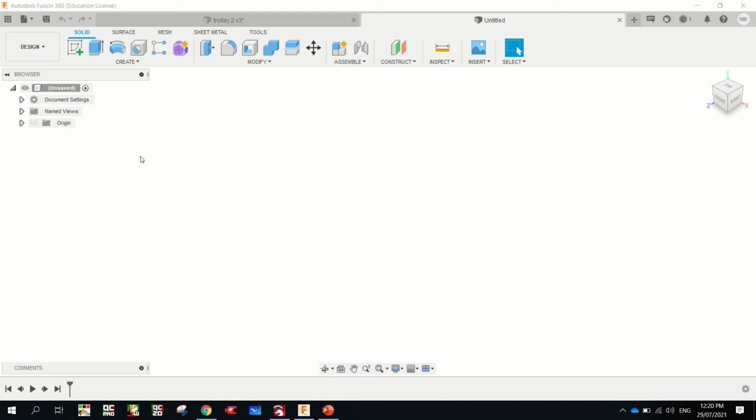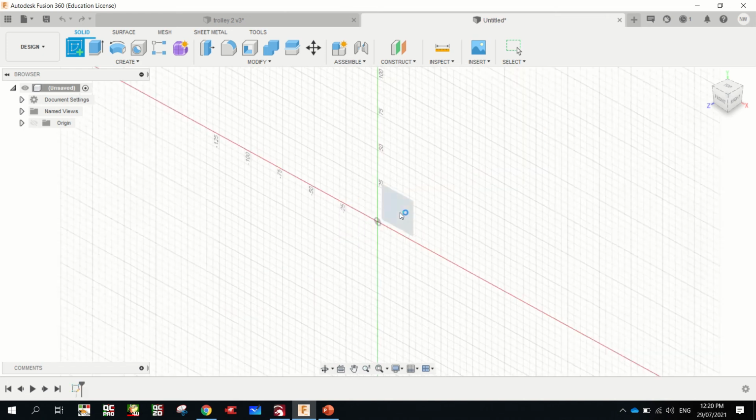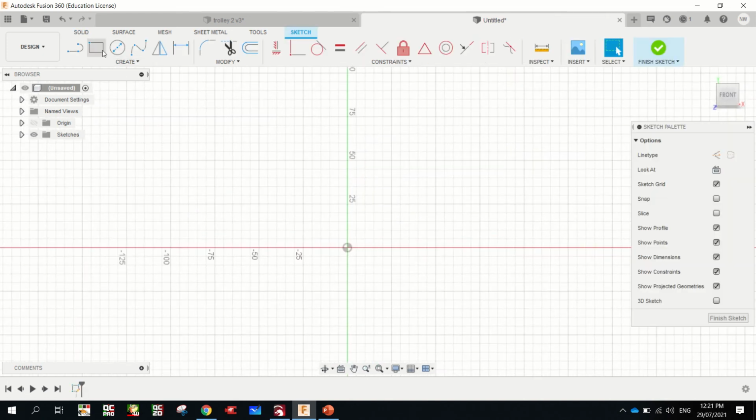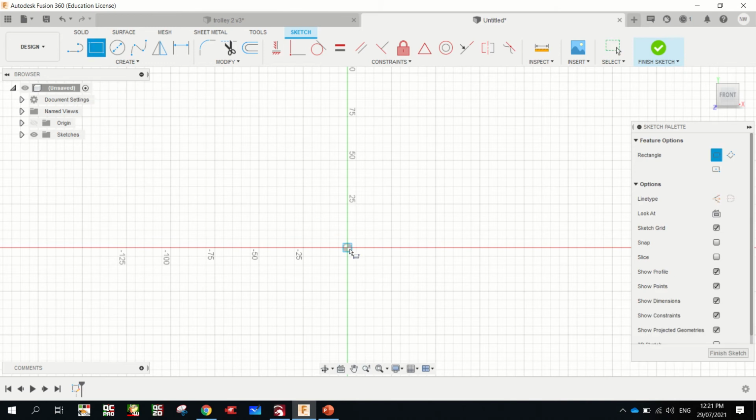For this trolley, you need to have Fusion open, and the first thing you do is click Create Sketch, and you tell it which plane you want to draw on. So select this one, and we're going to start drawing a cube or rectangular prism. Select the 2-point rectangle, click on your start point,